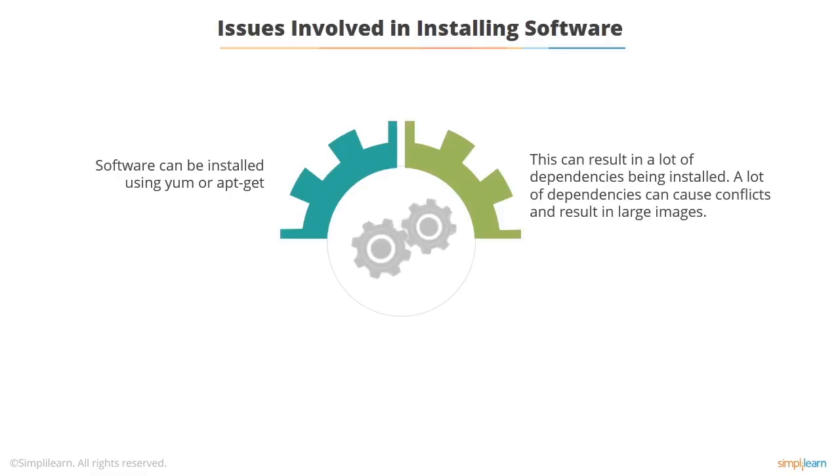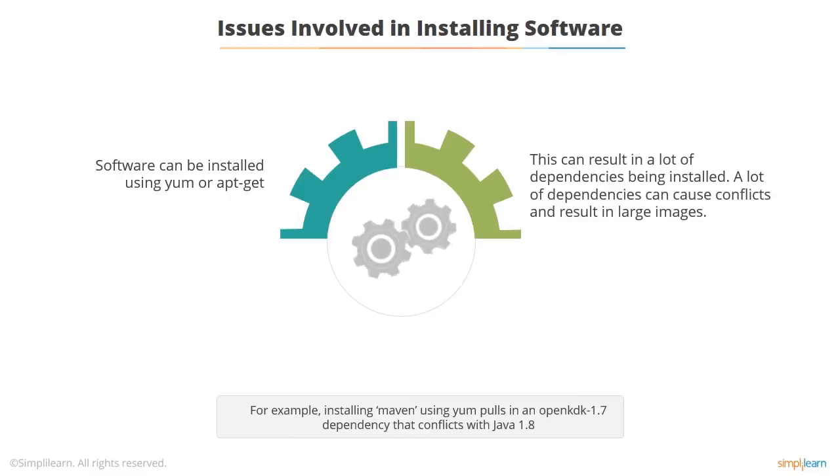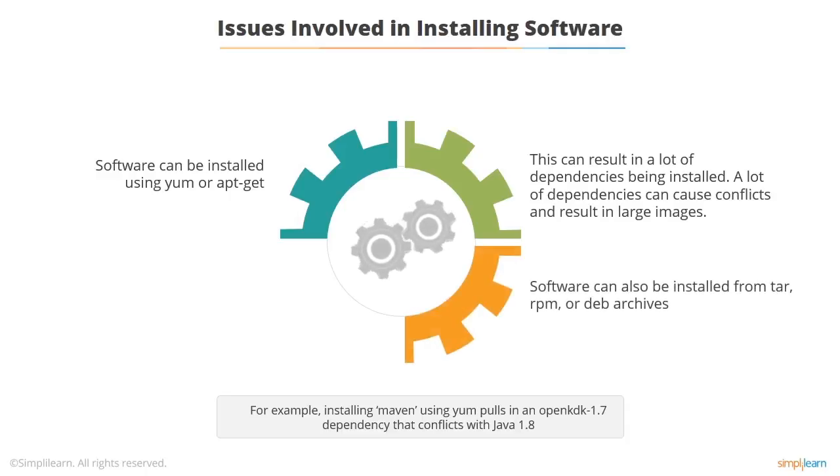For example, I was trying to build an image which had the Maven build tool in it, and Maven is basically a Java application, so Maven is dependent on Java, and it pulled in the OpenJDK, which I didn't want because I wanted to use the Oracle Java. So using yum it didn't work, and I had to install it from a tarball or directly from an RPM or .deb package, which you just download. So one thing you can do is a build where you get the appropriate document, like the tar file, from the net, or alternatively you can provide a directory full of files which you can access. We'll look at doing that later.